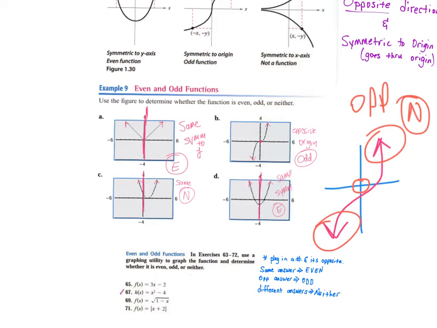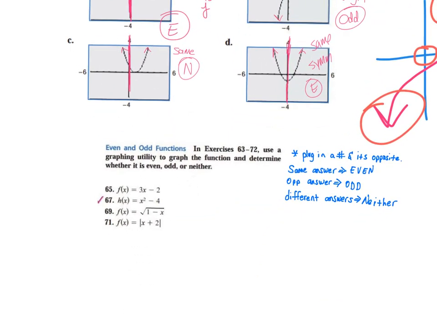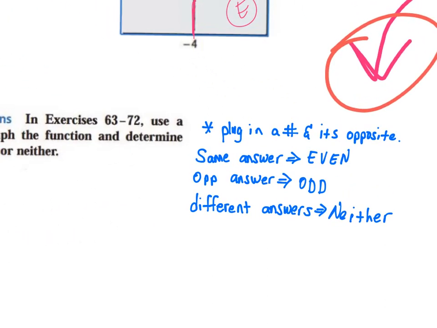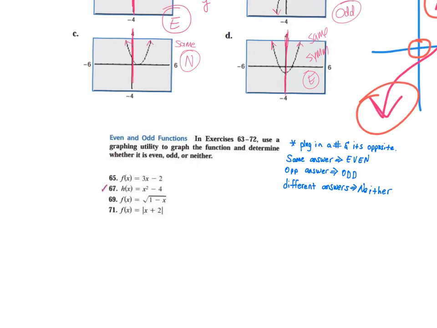Now, algebraically, this is similar to symmetry, but I'll show you a shortcut, something I think is a little easier. If you plug in a number and its opposite, if you get the same answer, it's an even function. If you get opposite answers like -6, +6, then it's odd. If you get completely different answers, it's neither. So what I mean by that, let's do